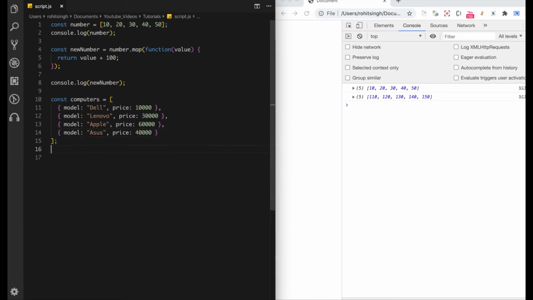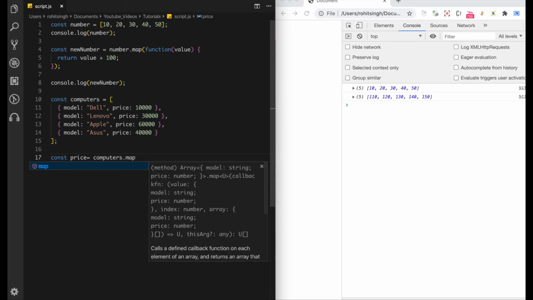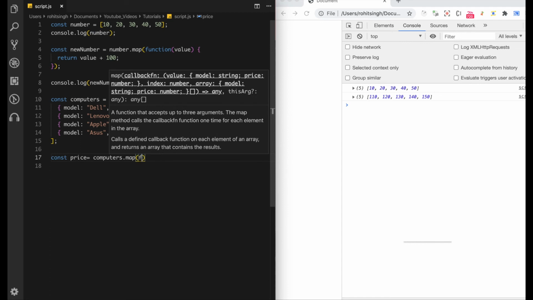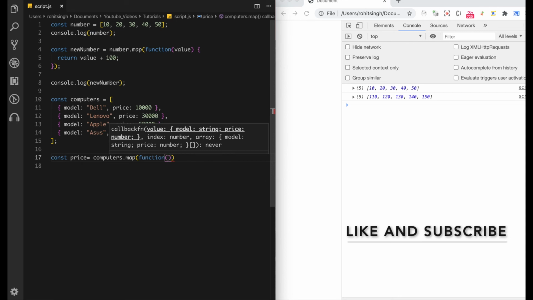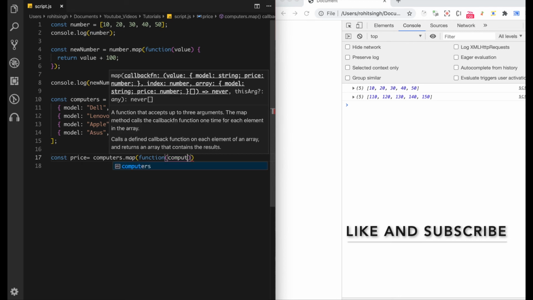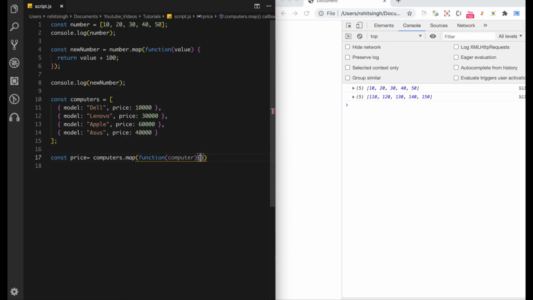Now we will create an array named price, which will contain all the prices of this computers array. So const price equal to computers dot map. This will take a callback function, which will take a computer argument, and now let's iterate over it.